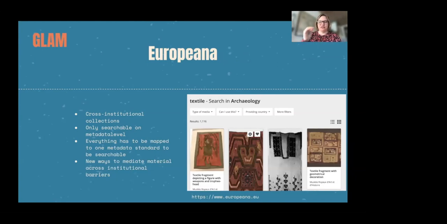They gather material and then they link to the places, the websites where this material is also available in the different institutions. But because they are gathering so many different types of materials, from books, textiles here, archaeological material, photos, videos, lots of different types of material,